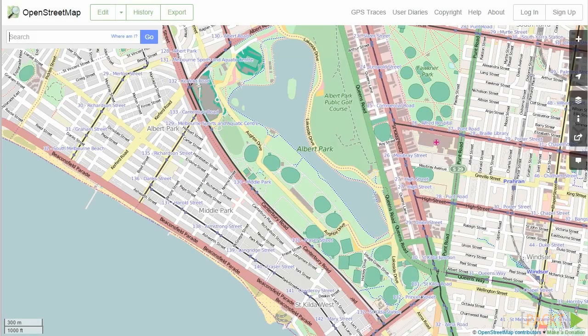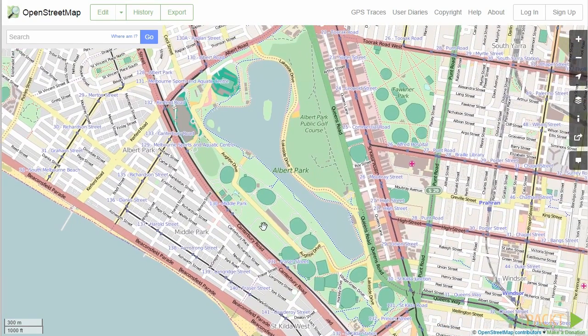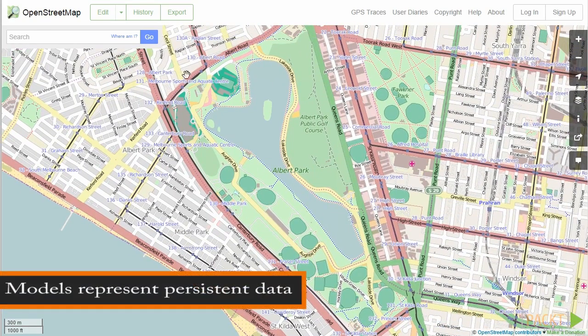This is Albert Park Lake in Melbourne, Australia, where the Australian Grand Prix is held, and it's shown in OpenStreetMaps. I can move the map around or search for a location. The M part of MVC stands for model. The model is usually concerned with data that remains the same between user visits. For instance, here we might want to represent our road positions and names as models,